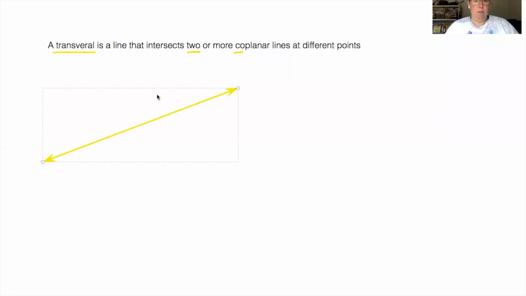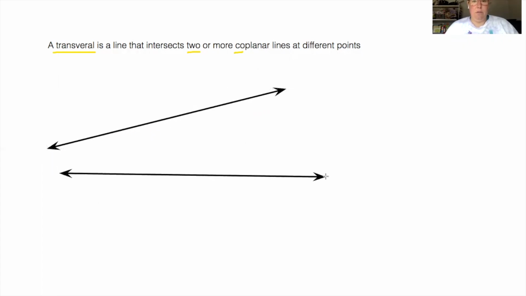A line, and we have another line. Okay, they're on the same plane, and I'm going to draw a transversal, and we name that transversal T. Okay, so now as you notice, there are a bunch of angles going on, and we know the